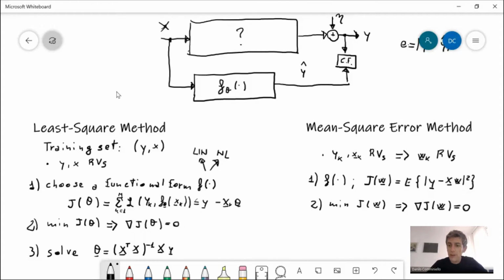But solving this cost function, this gradient, if you remember, leads to solving this equation,